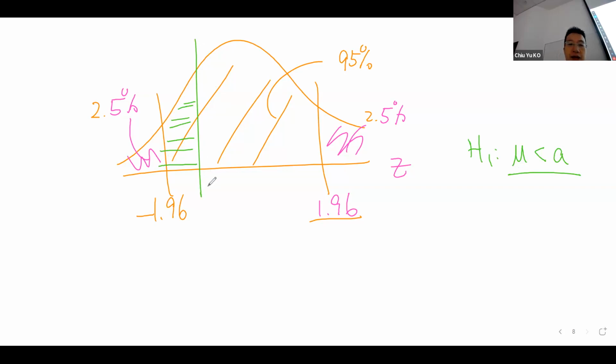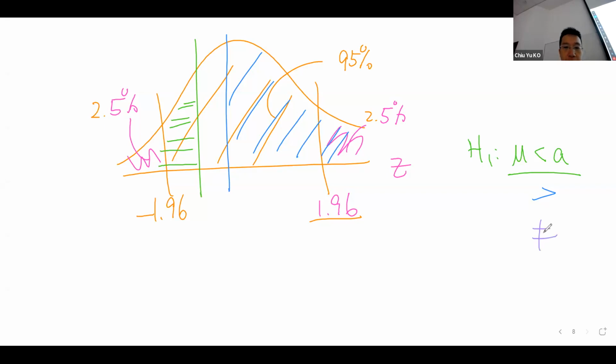If your hypothesis is more than, then no matter where you are, the area on the right-hand side. And if you are looking at two-tail, which is, what color should I use here? Purple. If not equal,